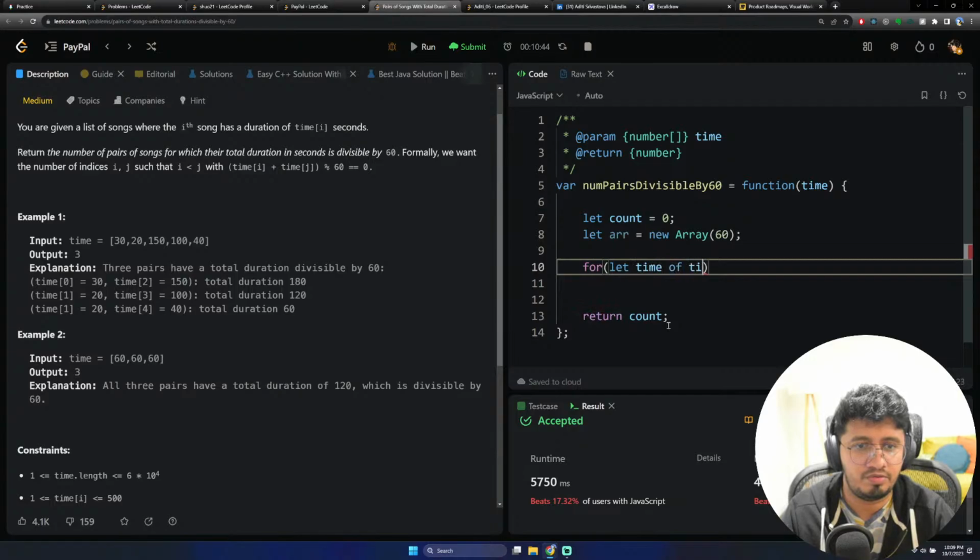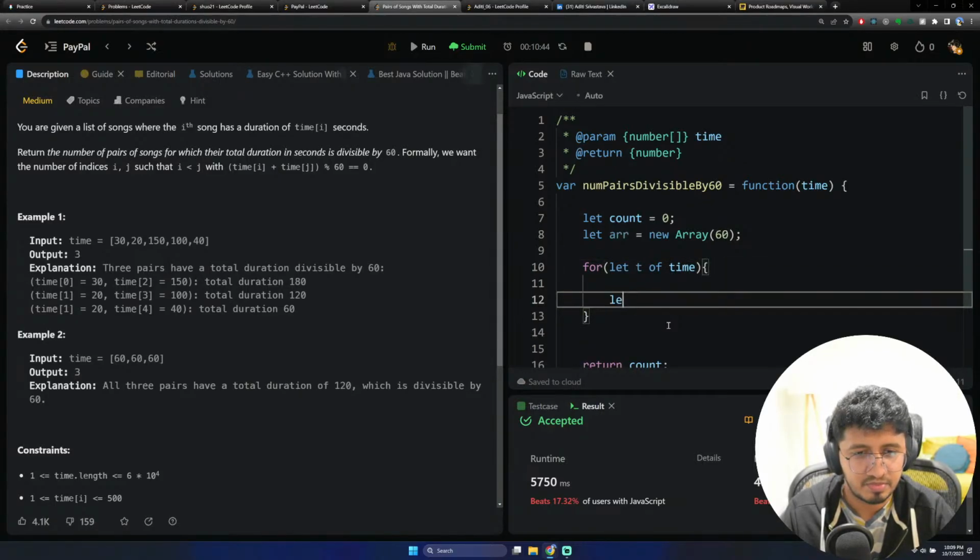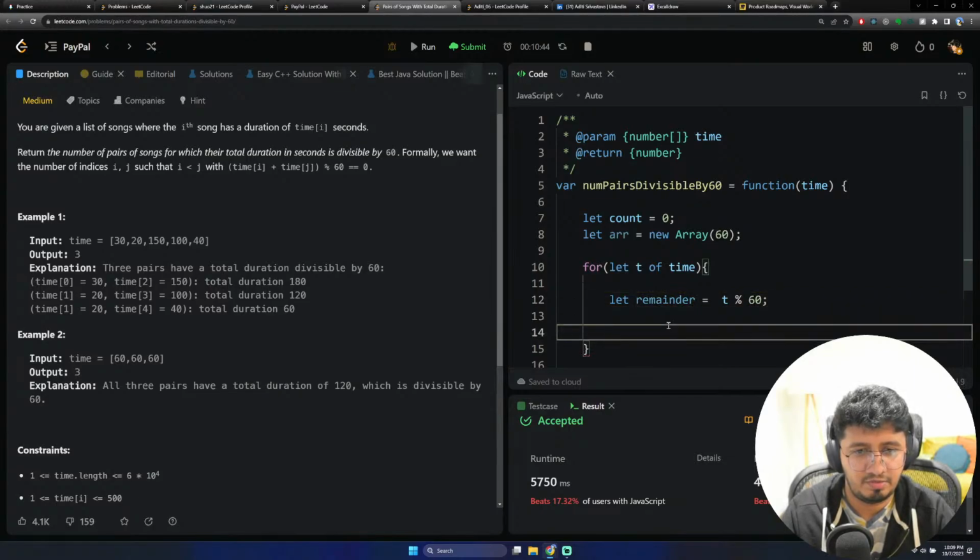Time of t, let's call it t of time. And then what we do is let remainder is equal to t mod 60. We get the remainder of this, and we check if